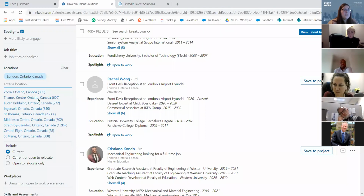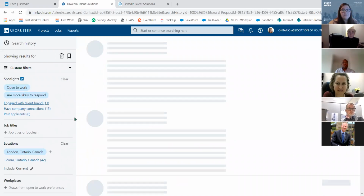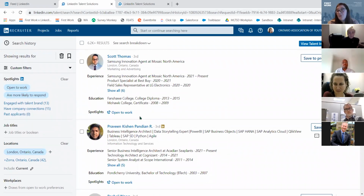You can also go into spotlights and click open to work, as well as most likely to respond. And that takes the list down. And a lot of these are not unemployed people, they're people who would be interested in changing positions if the right opportunity came along, right? So if you were looking to try to persuade someone into a new role, this is a search that you